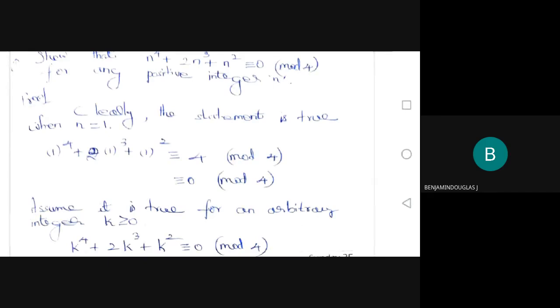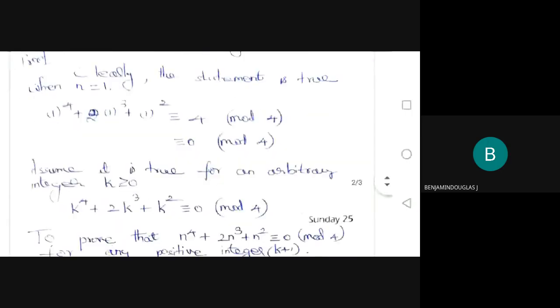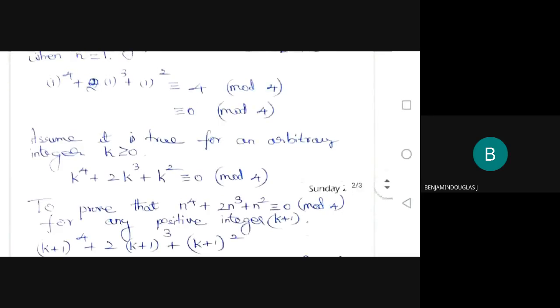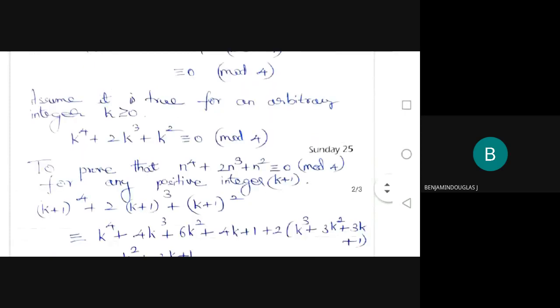Then we are going to prove it for the n equal to k plus 1 case. So to prove that n power 4 plus 2n cube plus n square is congruent to 0 under mod 4 for any positive integer k plus 1, look at the left hand side of the linear congruence. Replacing n by k plus 1, you get k plus 1 the whole power 4 plus 2 times k plus 1 the whole cube plus k plus 1 the whole square, which is congruent to